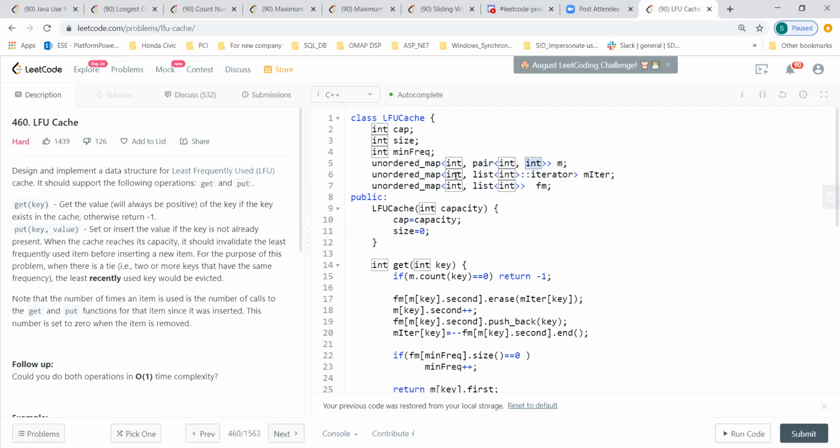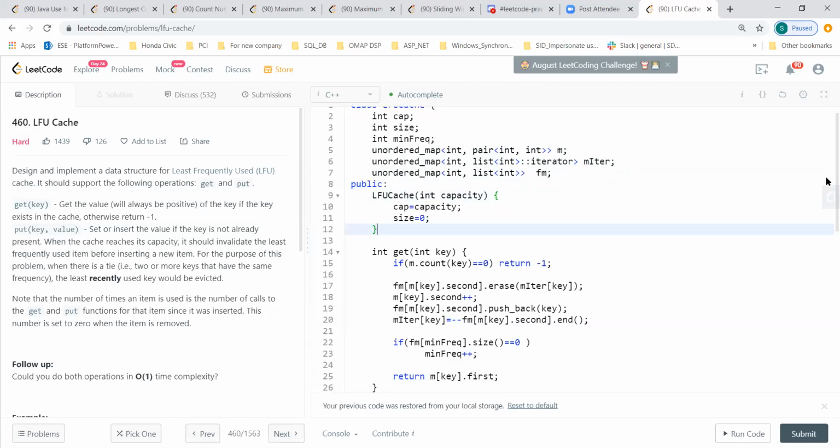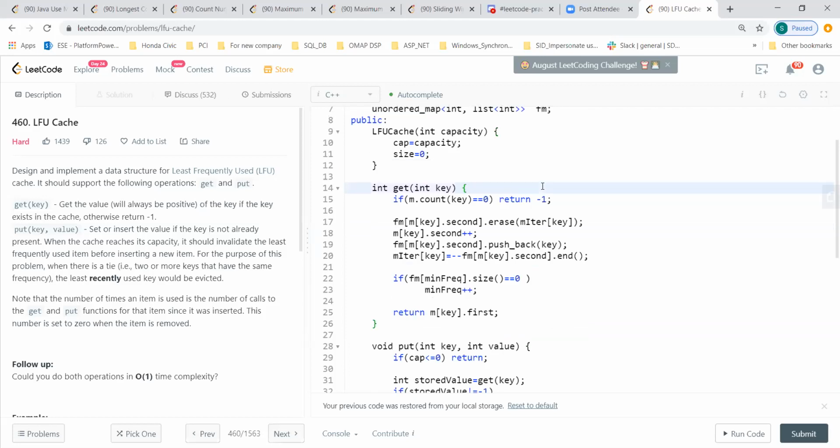Another one is accessing the linked list, and the third one is the frequency map, which maps the frequency to the linked list. The iterator from this one will be used over here. Then I set the capacity and go through the get function.